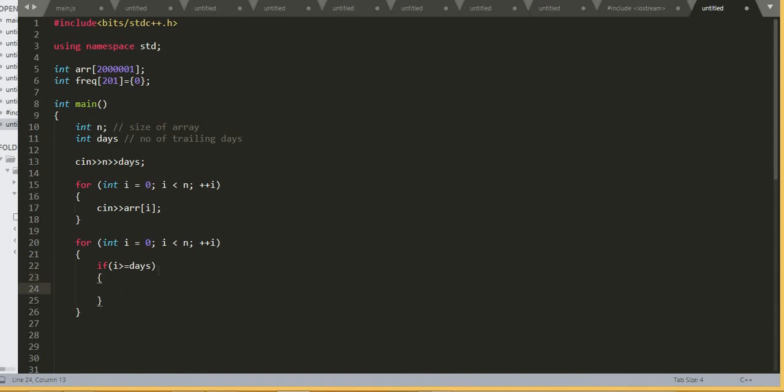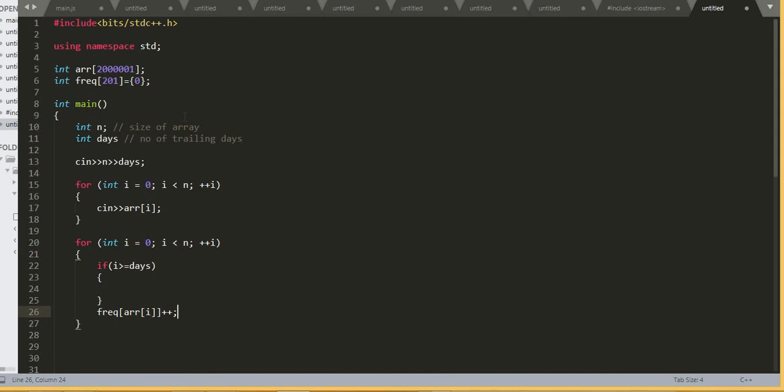And after this, let me take your attention to the counting sort that we are using. What we want is to add every element from i to our index, so this would become array of i plus plus. What this particular loop will do is, for every element, it would add this particular element or index into our frequency array.